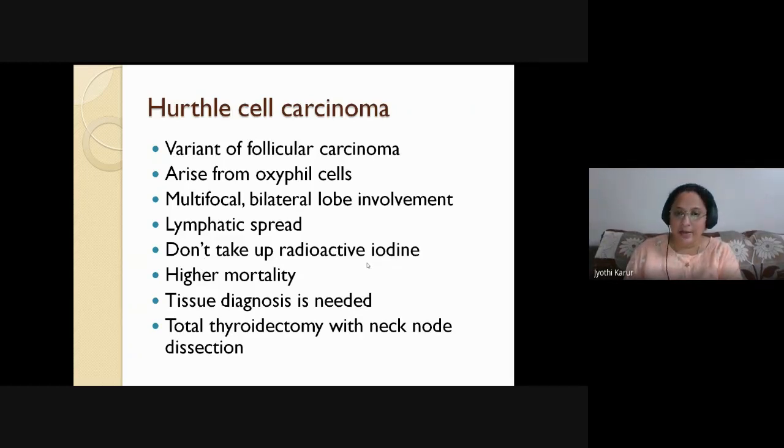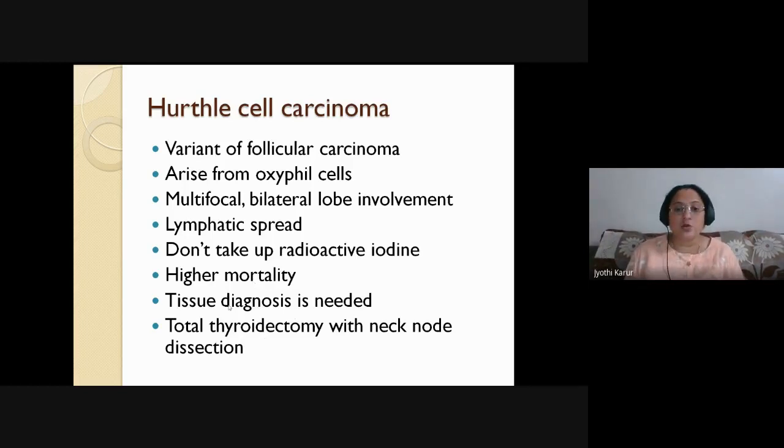Any middle-aged patient showing oxyphil, this Hürthle cell, I'll be showing the picture, and then a cold nodule, and then it is spreading with lymphadenopathy, you have to suspect this Hürthle cell carcinoma. But compared to follicular carcinoma, it has higher mortality. So the order is, the excellent prognosis is papillary carcinoma. The next better one is follicular. The next one is Hürthle cell carcinoma.